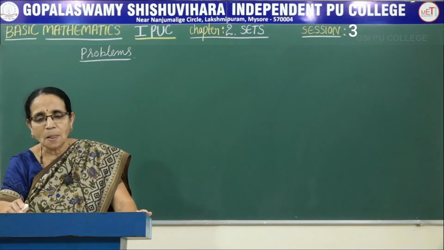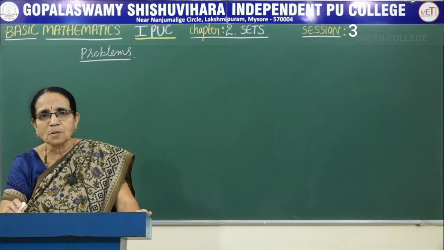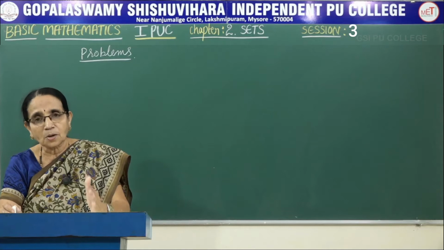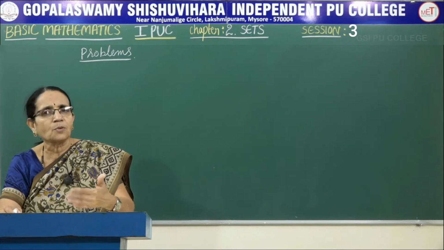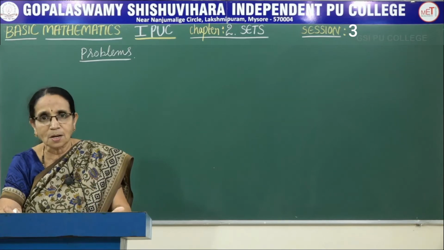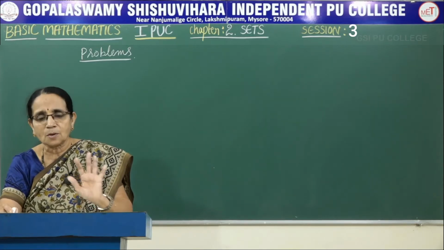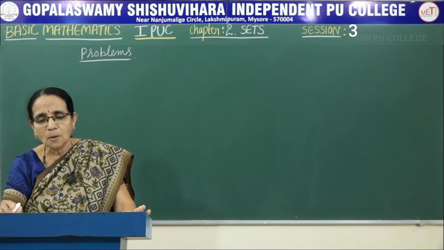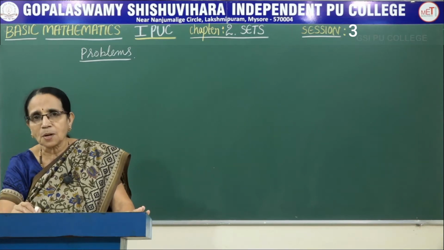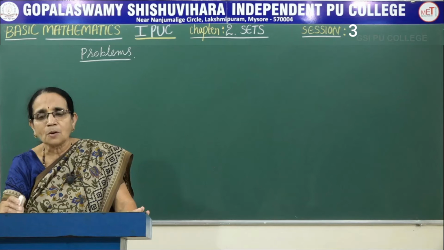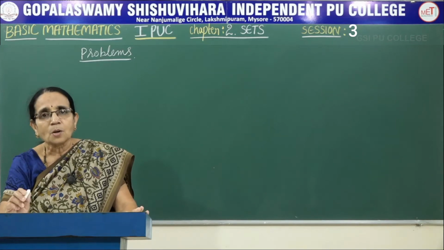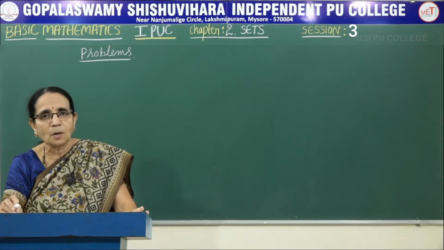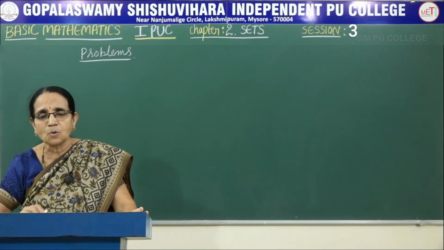Now in today's session, I am going to work out some problems in which we express one form into another. Given any one form of the set, we express that in the other form. That is, first I am giving you a set which is represented in the set builder form. So what you have to do is write the elements of that one. In other words, you have to write it in the roster form. That means the actual elements have to be written.